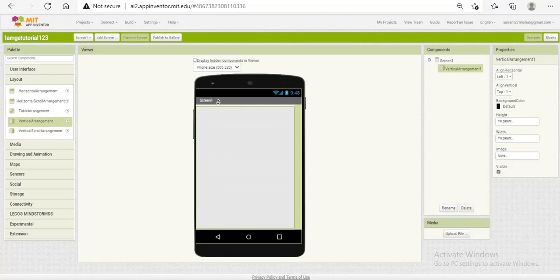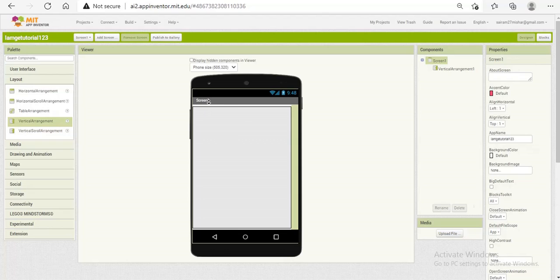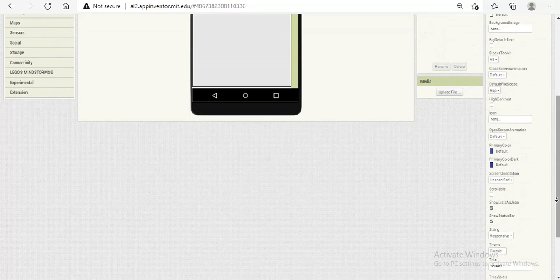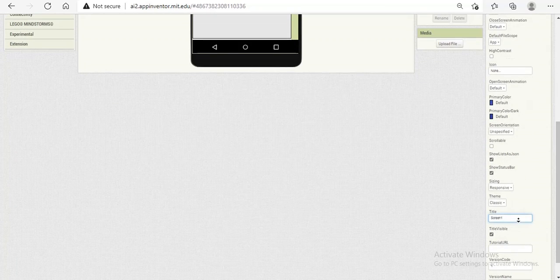Now you need to change the Screen1 title. Click on Screen1, scroll down and you can find the title option here. You can change it to anything, like I'm going to make it image.